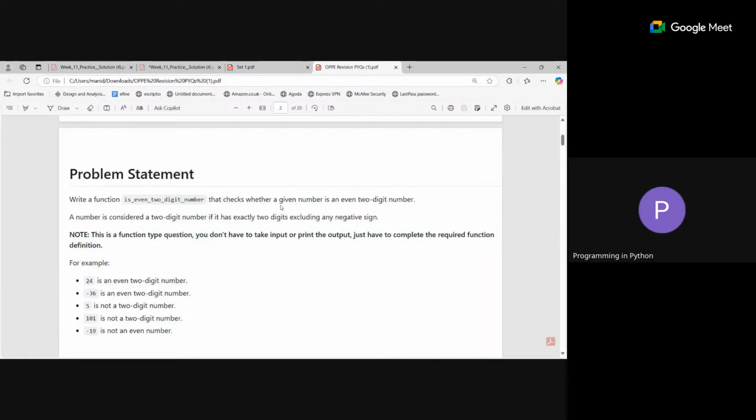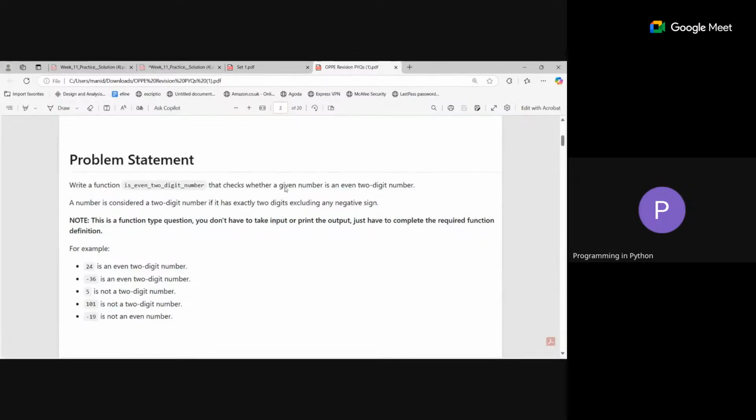Now, file handling questions we will take in the next session. In this session, I will take the first 6 types of problems. The first 3 questions will be easy, the 4th and 5th will be medium difficulty, and the last 2 are difficult. Out of those, only the last one might be from file handling.